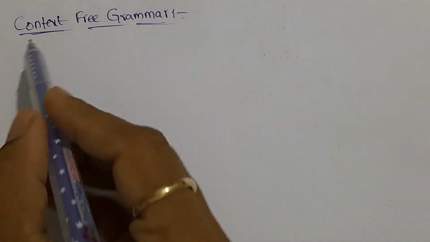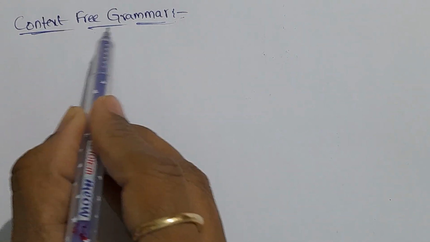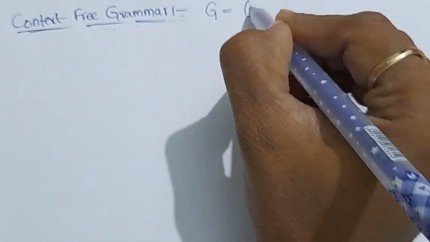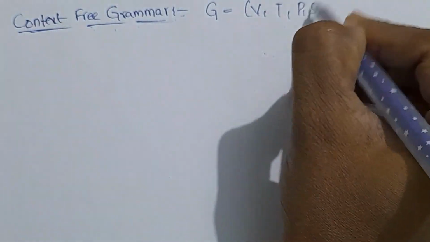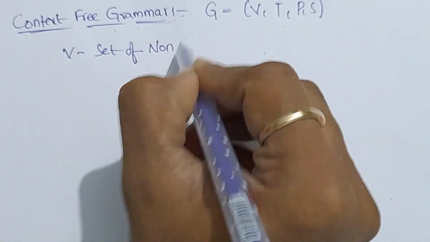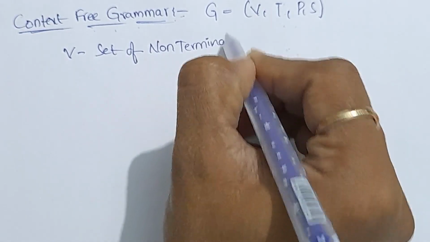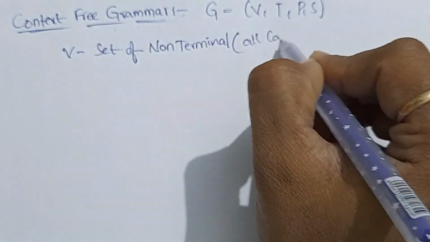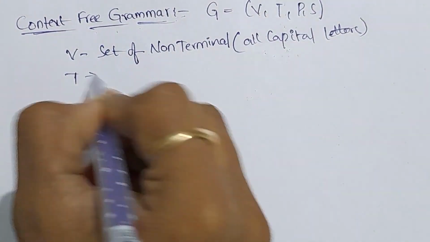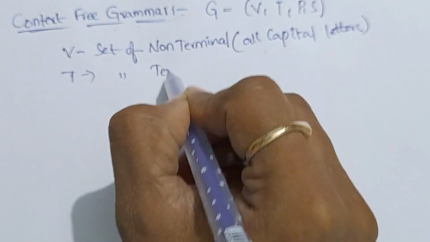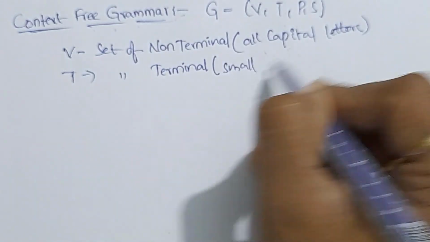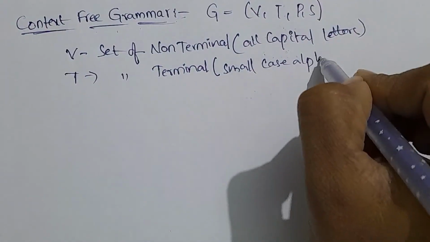Now in this lecture we are trying to learn what context-free grammar is. It is defined as G equals (V, T, P, S), where V is the set of non-terminals, which can be represented with all capital letters, and T is the set of terminals, which are all small case alphabets,